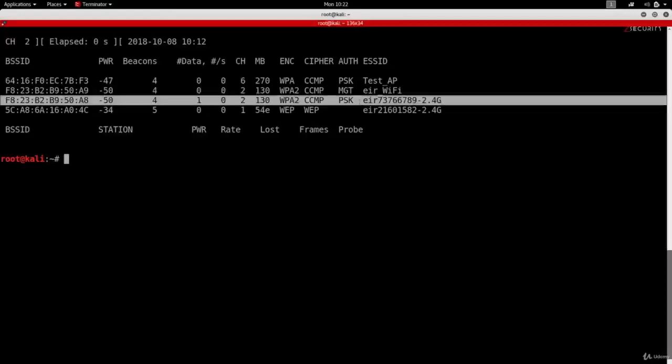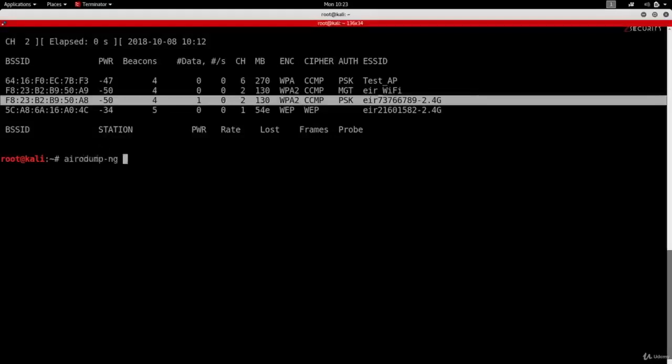And now that I have my target network and some basic information about it, let's see how we can run AeroDumpNG against this network only, not against all networks. This way, we'll be able to gather more information about it. So, to do this, first of all, I'm going to write the name of my program, which is AeroDumpNG.